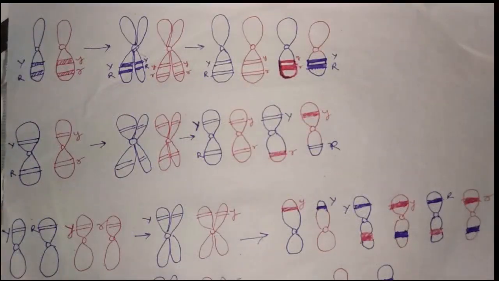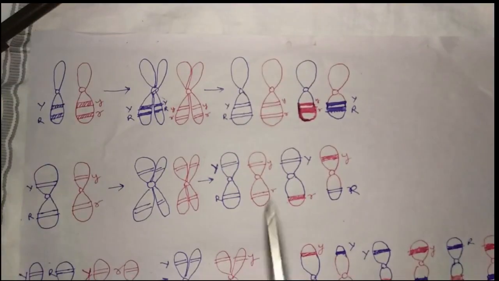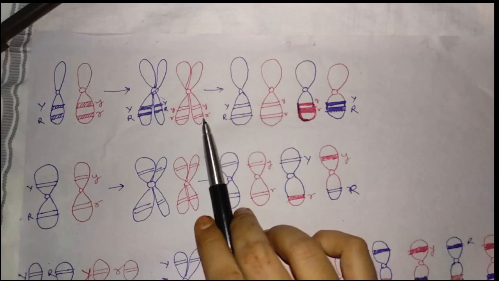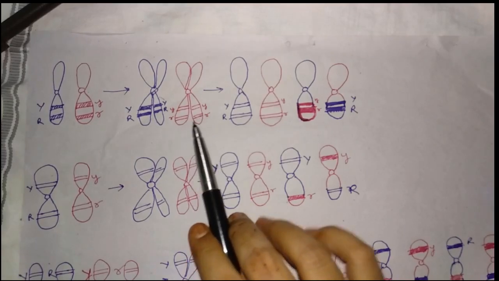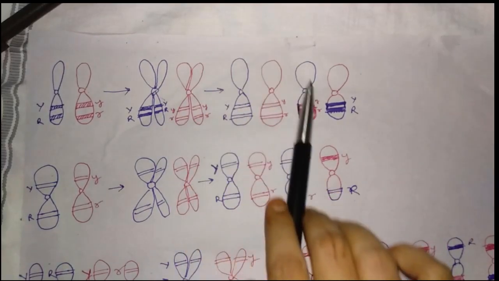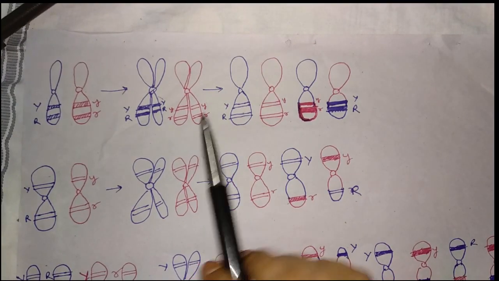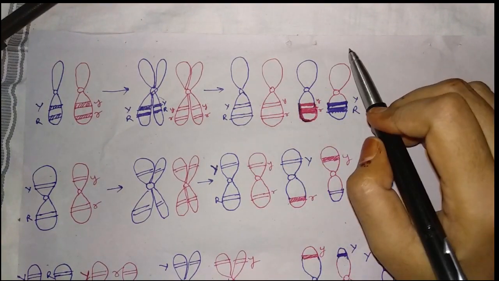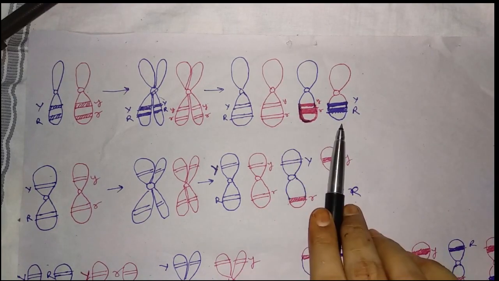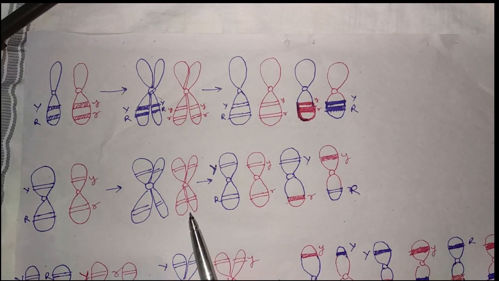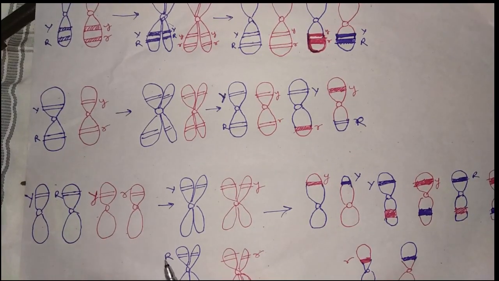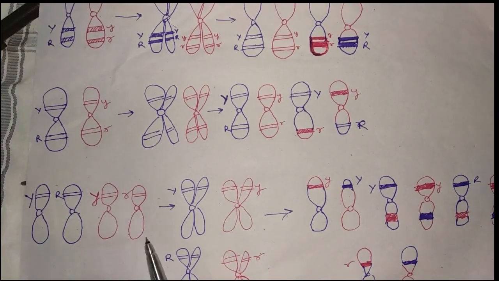Now let's return to the three cases which we had taken in the beginning. The first case was of linked genes, and this case is of completely linked genes, as you have come to know these meanings. So here capital Y and R and small y and r will always move together, only their locations will be changed. The second case is of unlinked genes, which I have already explained, and the third case is of unlinked genes but present on different chromosomes.